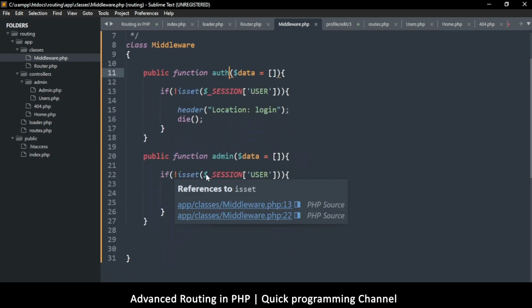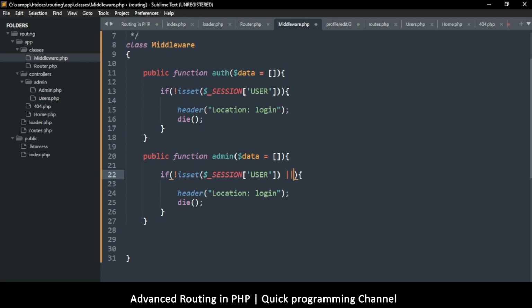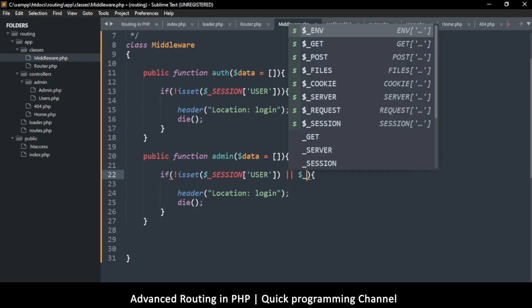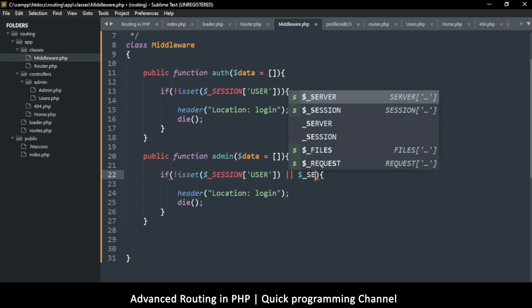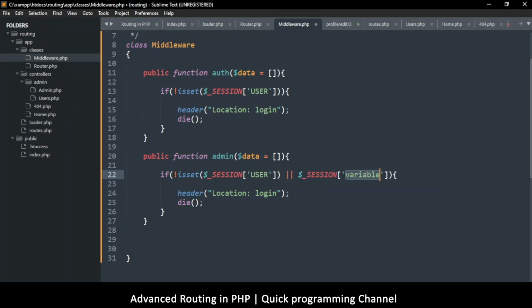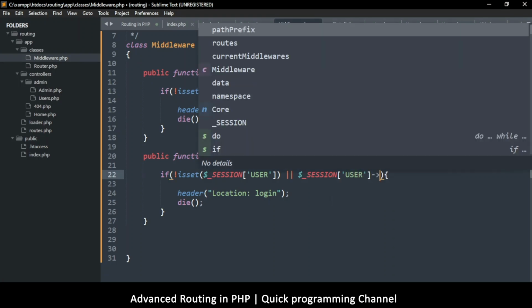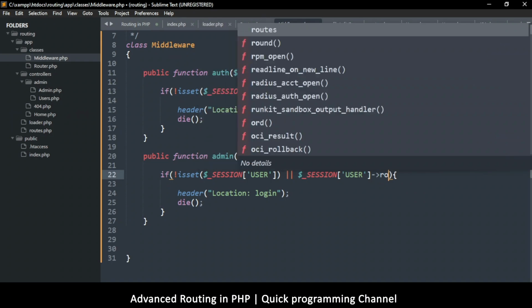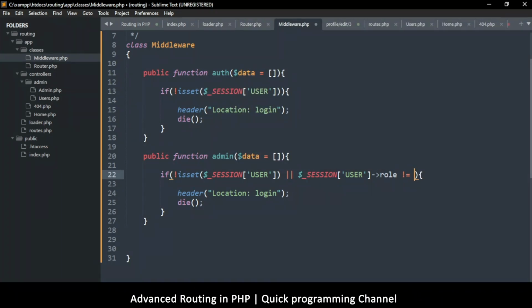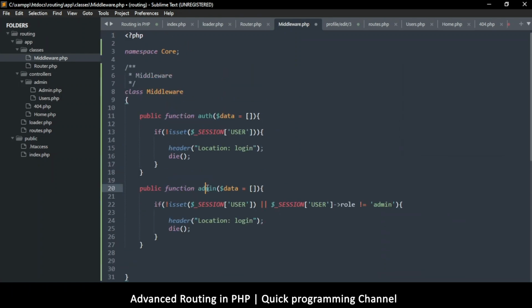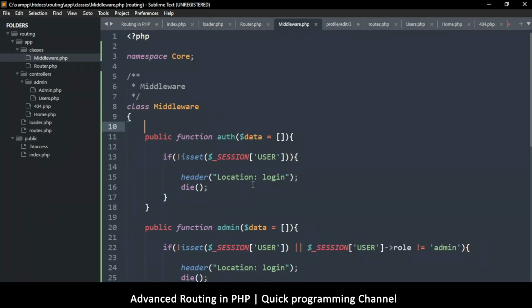So if you say if not is set, user or session, okay, user. So maybe there's a role, user role here, and the role there is not equal to admin, something like this, right? Then you redirect the user. So this can be the auth for admin. This one can be the auth for just normal authentication. And then if you want to make sure that,